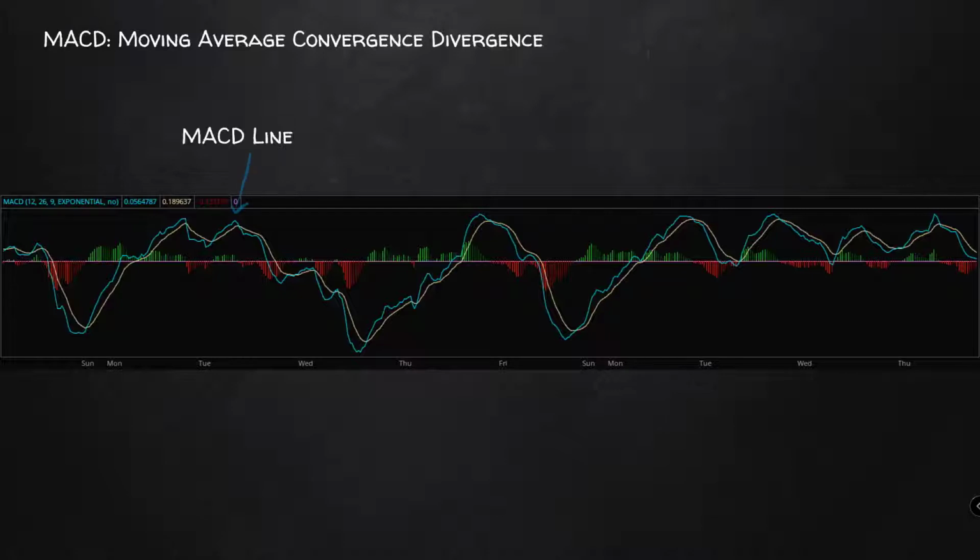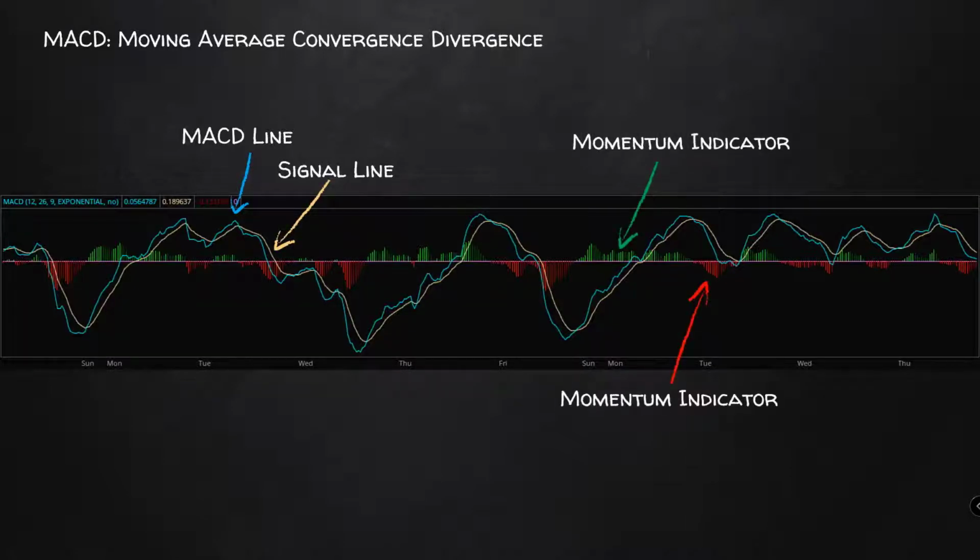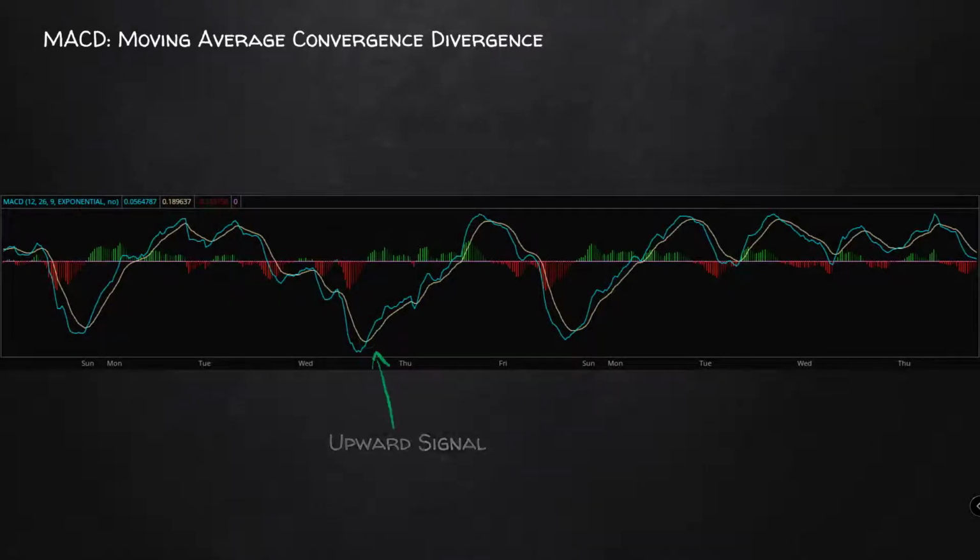The blue line is the MACD line, the yellow line is the signal line, and the bars are the momentum indicators. The higher the green bar, the more positive momentum, and the lower the red bar, the more negative momentum. Okay, so when the blue line crosses over the yellow, that's a bullish sign. However, when the blue crosses below the yellow line, that's a sign of downward trend and it's time to consider